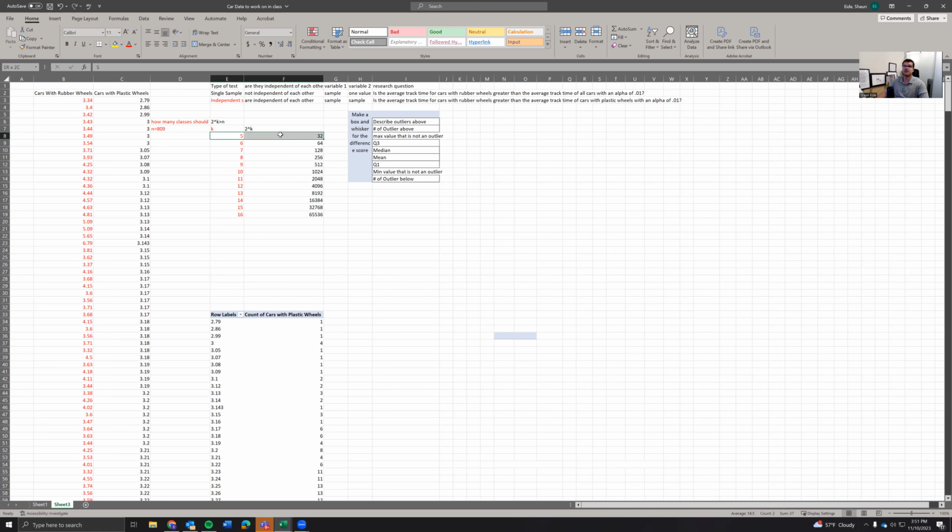So 2 raised to the 5th is 32. That is not greater than 809. 2 raised to the 6th is 64, not greater than 809. 2 raised to the 9th is 512, still not greater than 809. 2 raised to the 10th is 1024. That is greater than 809. So we should have about 10 classes. It doesn't need to be exactly 10 classes, but about 10 classes. And so K, we're going to do